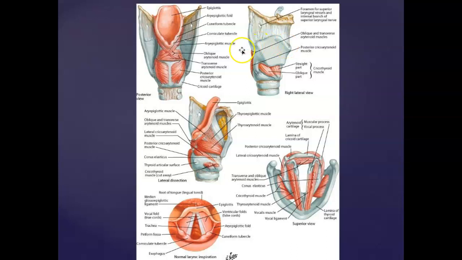This is, again, here's anterior and posterior. Here's a lateral view from the right side. This is the only muscle right here that, remember, we learned the superior laryngeal nerve has two branches, the internal and the external branch. This is the only muscle innervated by the external branch. So it helps to pull the thyroid cartilage forward, kind of cocking that forward, which does tighten the vocal cords